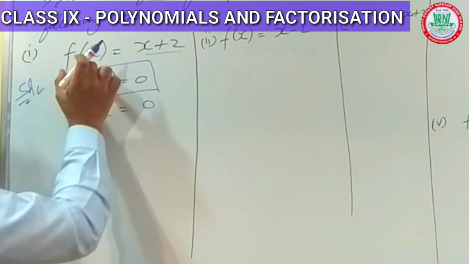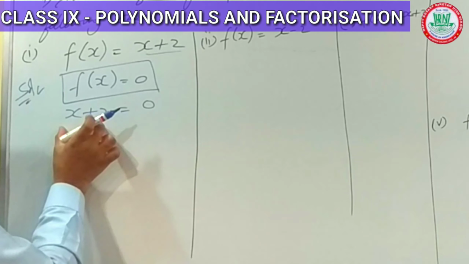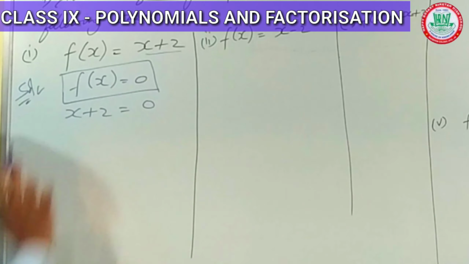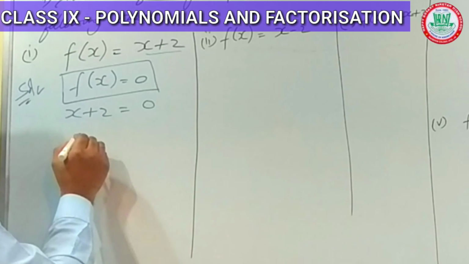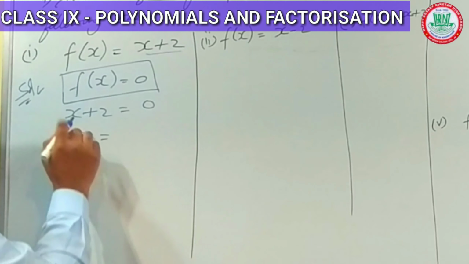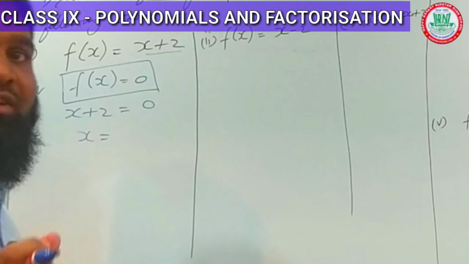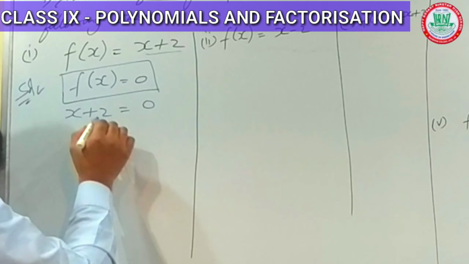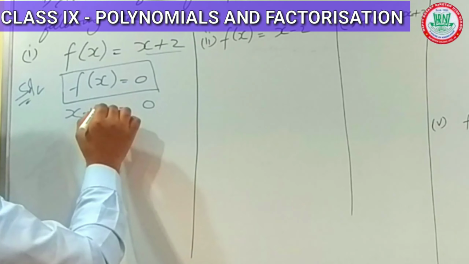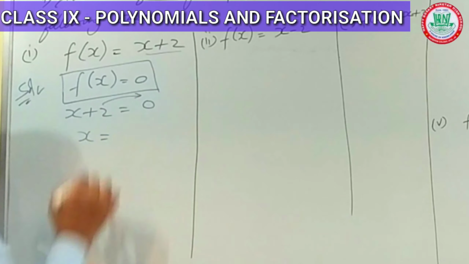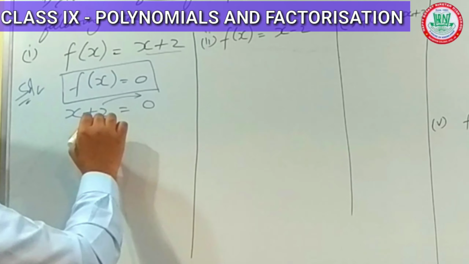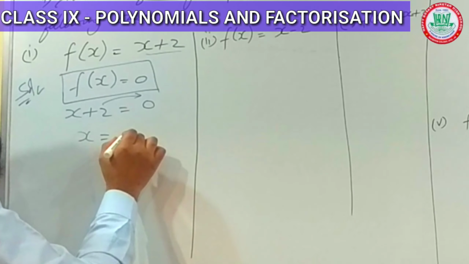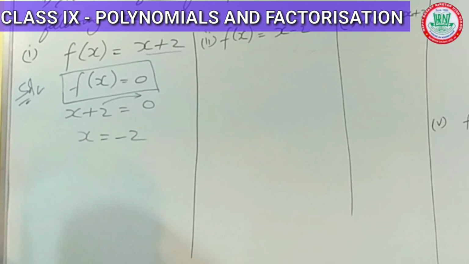What is the f of x value? x plus 2, I have taken here, is equal to, as it is, 0. Now what I told you, we have to find out the value of x, or the value of the variable. What is the variable? The variable is x. So to find this value, x is equal to, if I put this 2 outside, 2 plus 2 goes outside, what will it become? Minus 2.